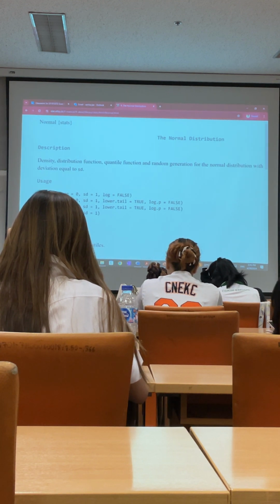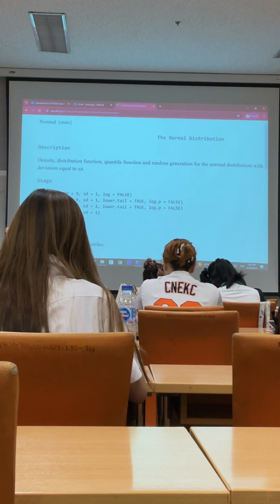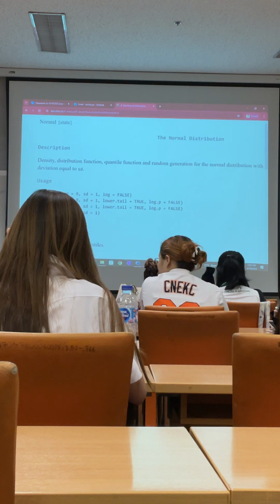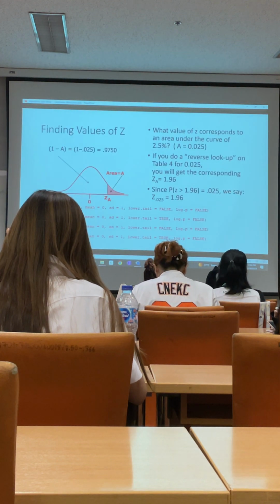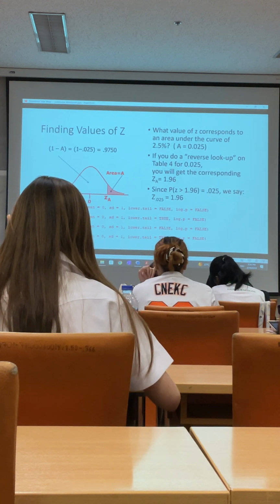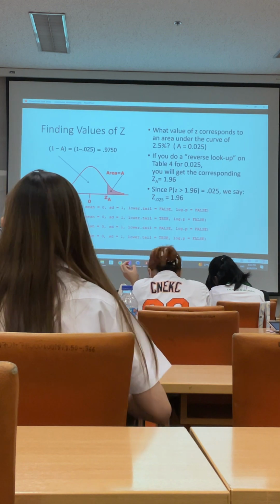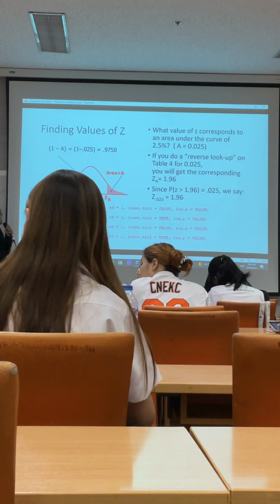Actually, any distribution can have a D version, P version, Q version, and R version. R is for generating a sample that has a normal distribution. D is to calculate the density at a specific value. P is for intervals. Q is what we're doing now. Q is when you give it the probability, and it will return the Z values. So you can see that here,